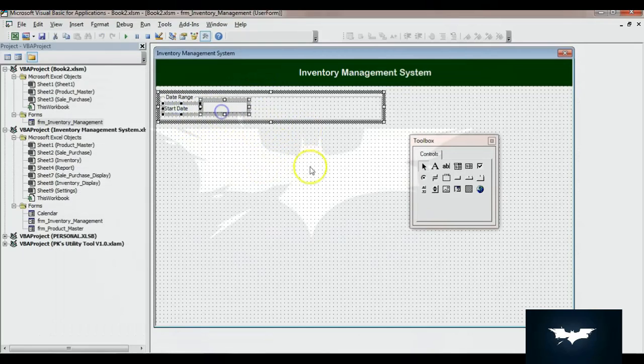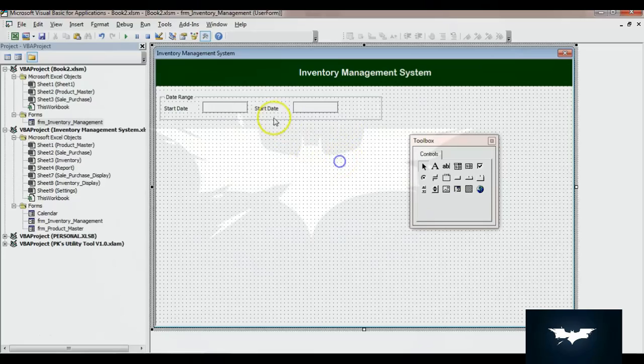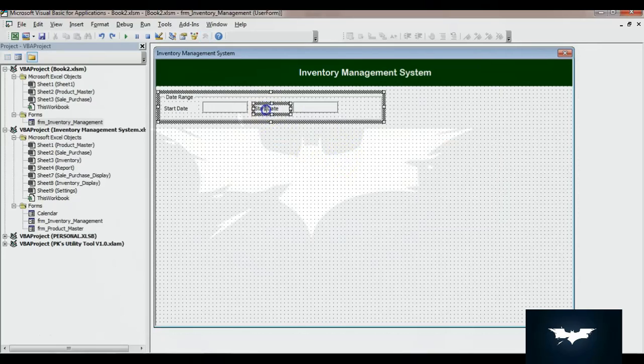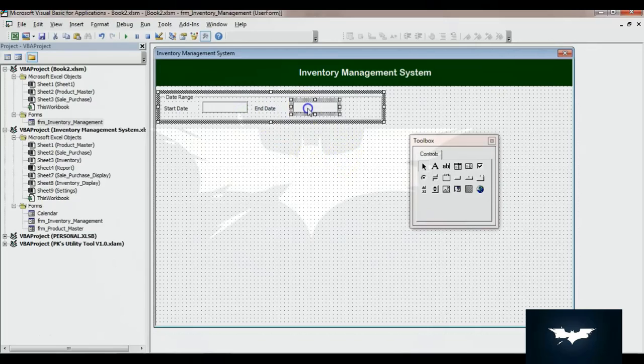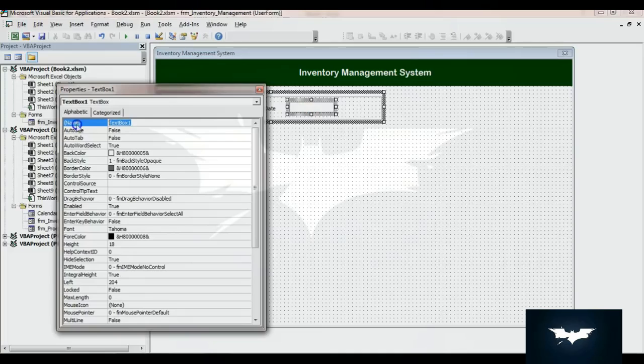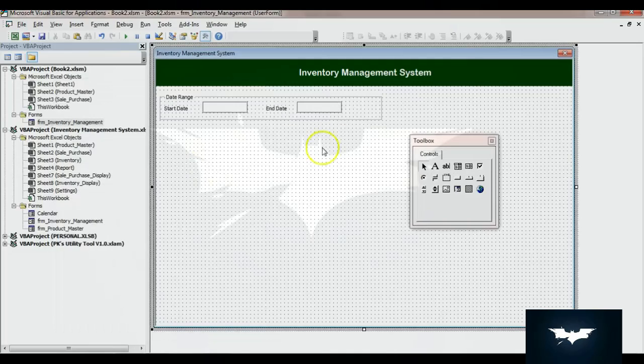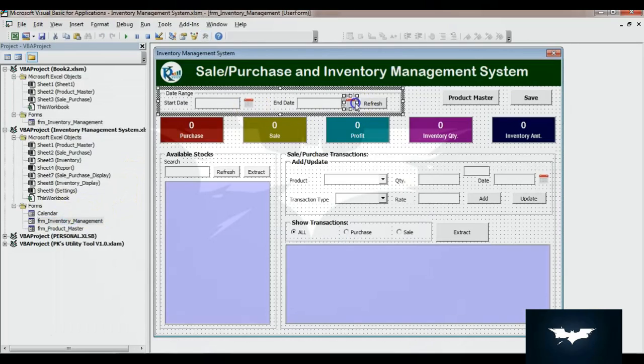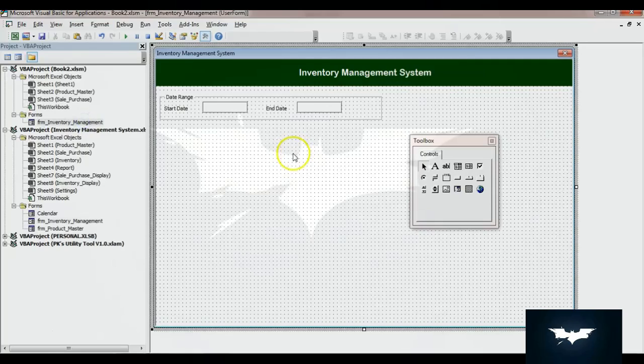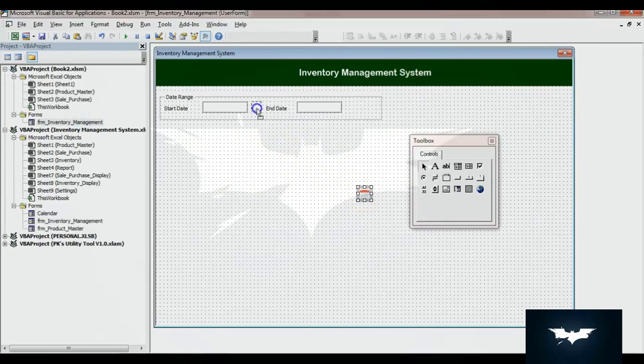Now we can make a copy of this and just paste here. This can be for the end date. So just change the label caption, take here end date, and we will rename the text box name also. Right click, go to the properties, here we will take txtEndDate. Now we will put calendar icon here. So this is simple image, we can copy this from here also and just paste this here. So this is simple image.